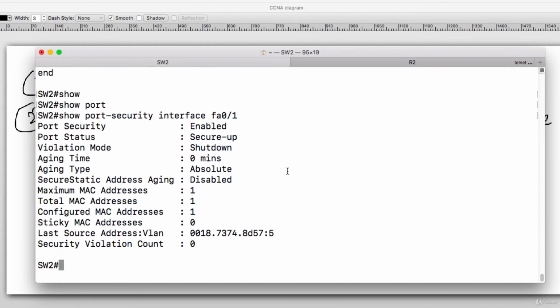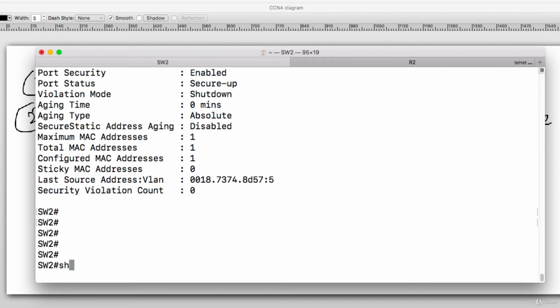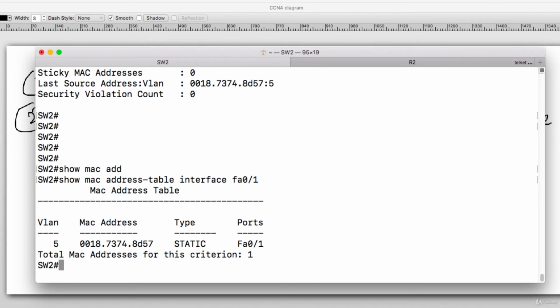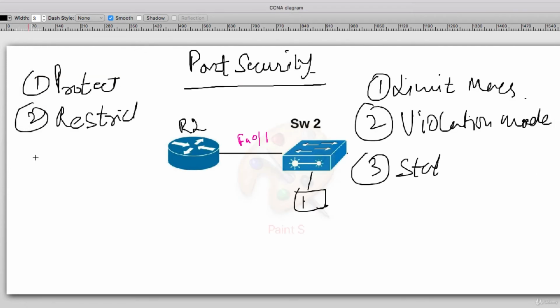Okay, let's check it out. Show MAC address interface FA0/1. You can see that it is learning, and the entry is static, it is not dynamic. Now I'll